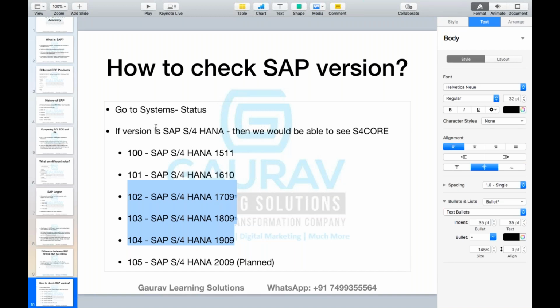Okay, so just remember how to check the version. Go to the system, go to the status, and if you are able to see S4 core, it means it is a SAP S4 HANA system. And how to check which version? Based on this number. And just remember again one question which can come in the exam, which comes many times,